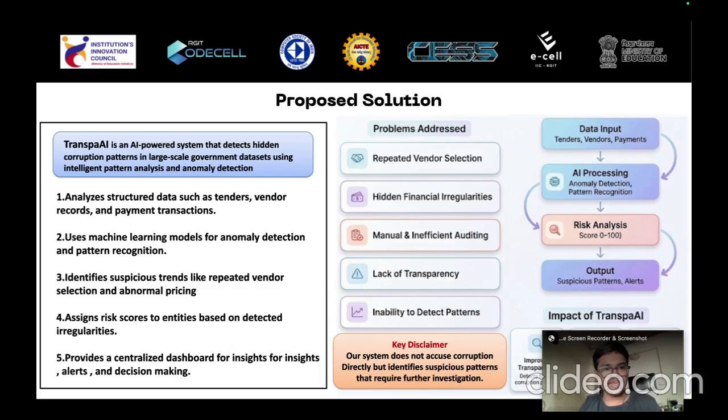Transfer AI is an AI-powered system that detects hidden corruption patterns in large-scale government datasets using intelligent pattern analysis and anomaly detection. Basically, our Transfer AI will identify the patterns inside the large government dataset and tell you whether there is corruption or not by analyzing that data. It analyzes structured data such as tenders, vendor records, and